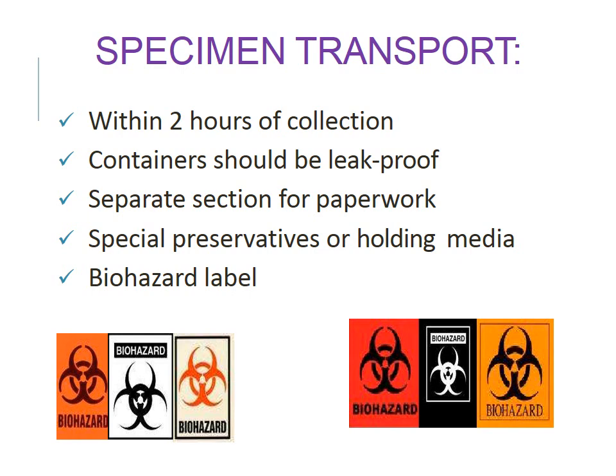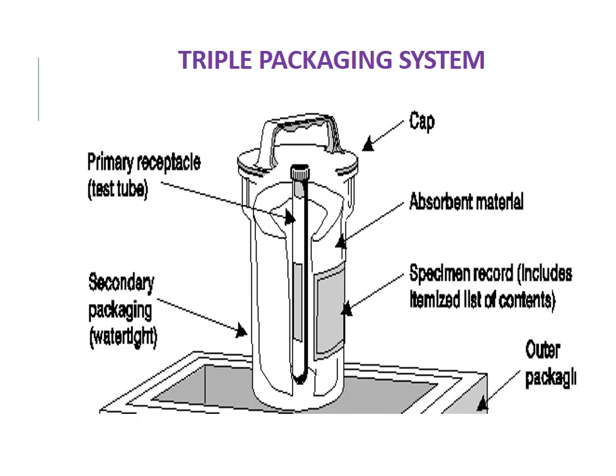And more importantly, we have to paste the biohazard label on all the sample containers, as they contain infectious material. Here in this picture you can see the triple packaging system that has to be followed for specimen transportation. The test tube in the center is the primary receptacle, and then the test tube has to be covered by absorbent material, and then it has to be kept in a